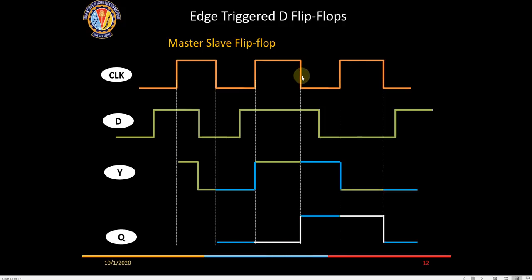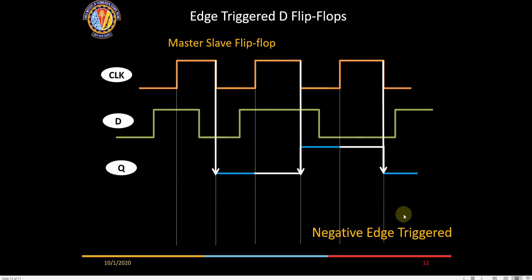When again you have the negative clock edge coming, from positive to negative, whatever is the value of D is getting captured here, so it is going high here. Again, this is the third transition of the clock. Whenever it is going from positive to negative, whatever is the value of D, it is getting captured here. If I remove this Y, it goes here. So only during the negative edge, whatever D data is available is being captured. Is it clear how this is working?